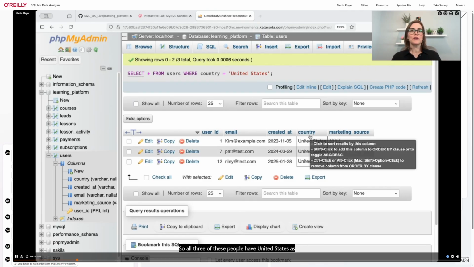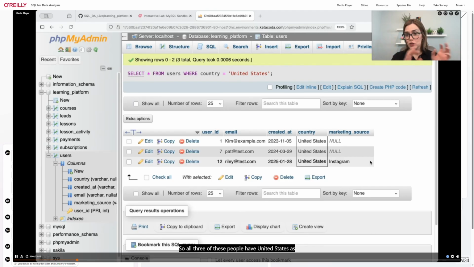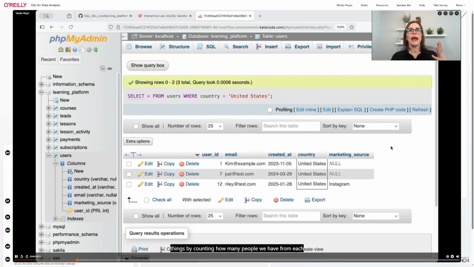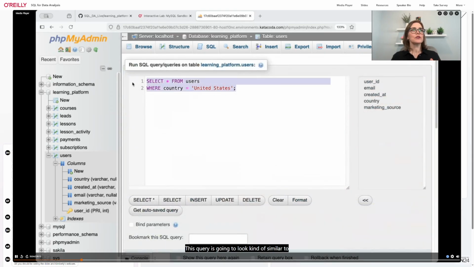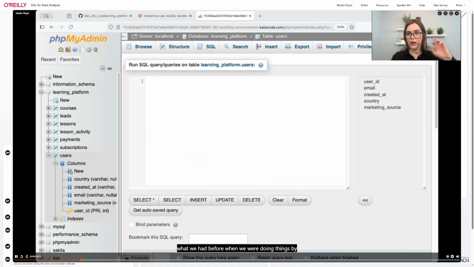So all 3 of these people have United States as 2 words. But let's go back up and double check things by counting how many people we have from each country. This query is going to look similar to what we had before when we were doing things by marketing source. We're going to select, now this time, and by the way, you can build your queries